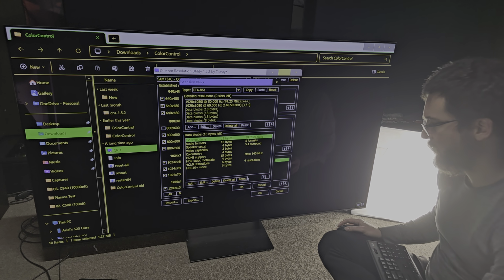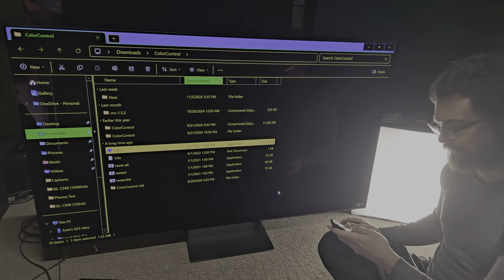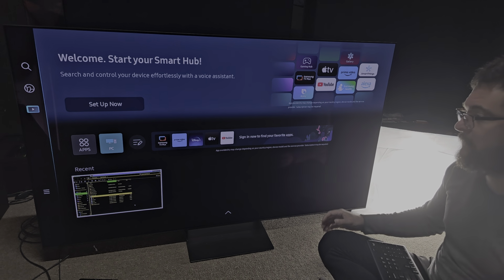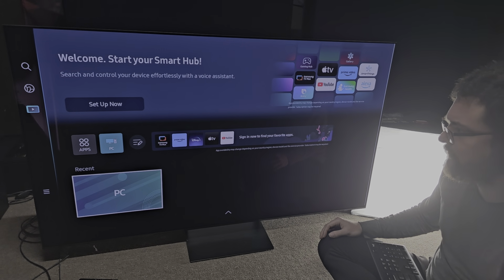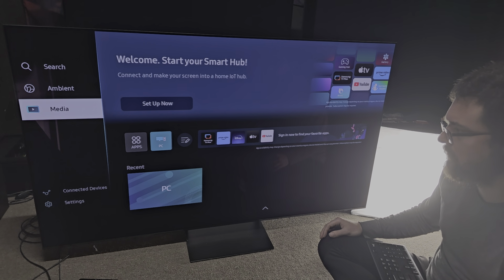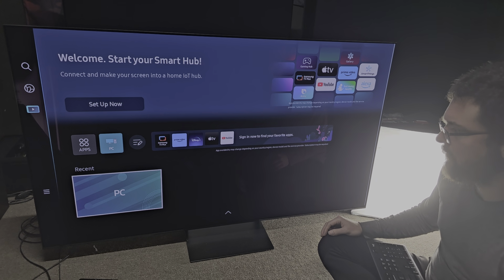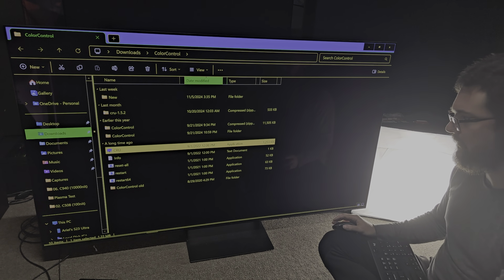Okay, so let me try this. Let me get out of here. Let me try this. I'm gonna do this in real time so you see the struggle if you face the same issue. So I have PC mode right now. I restarted the TV. Maybe I would need to restart the PC. Let me do that. Let me restart the PC to see if